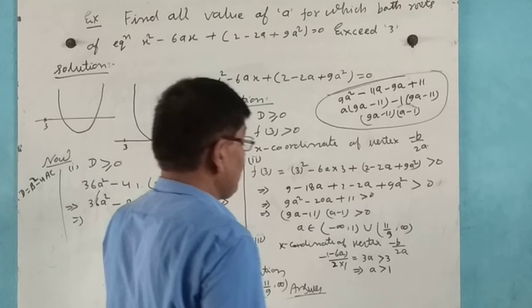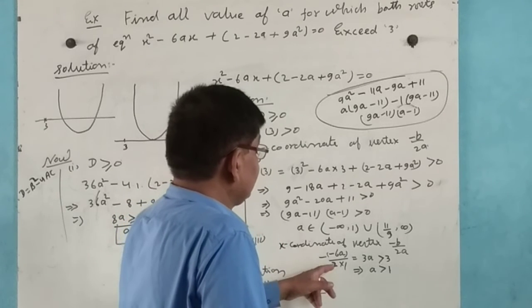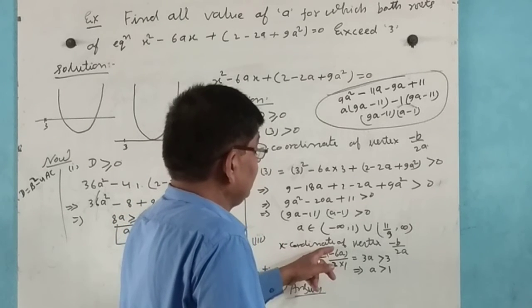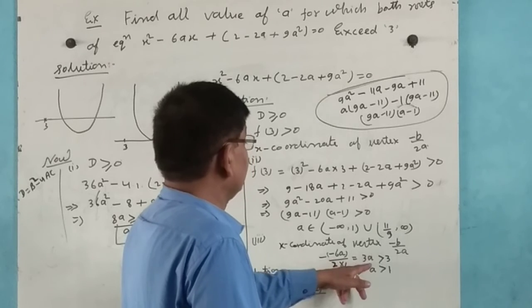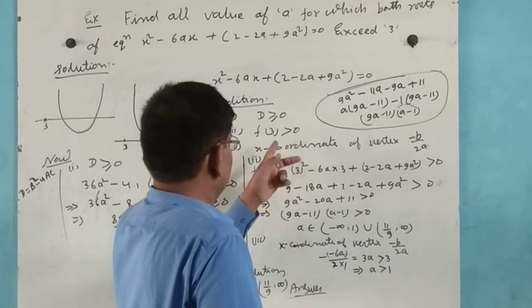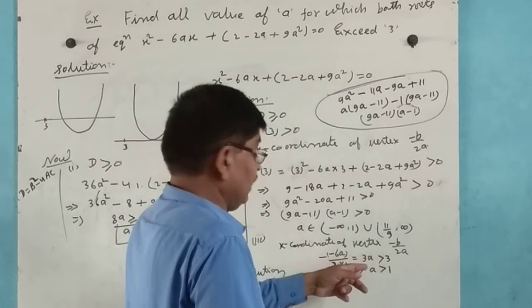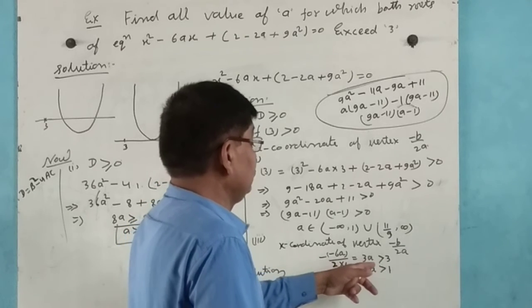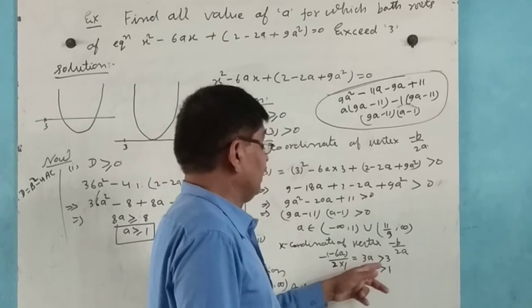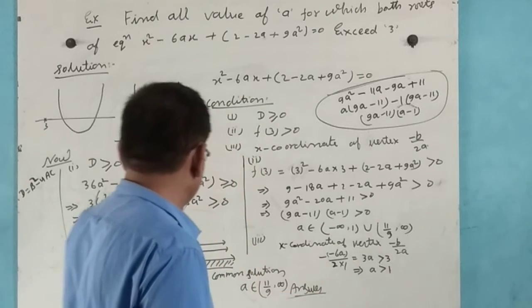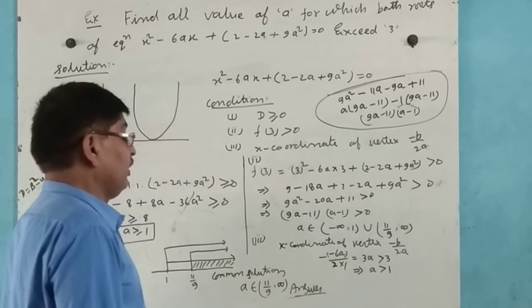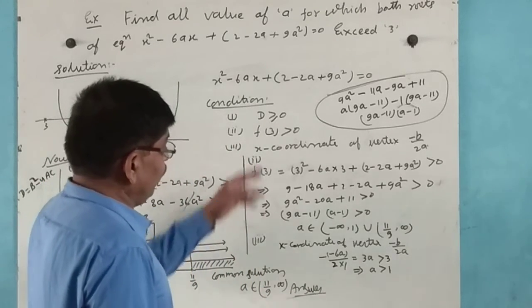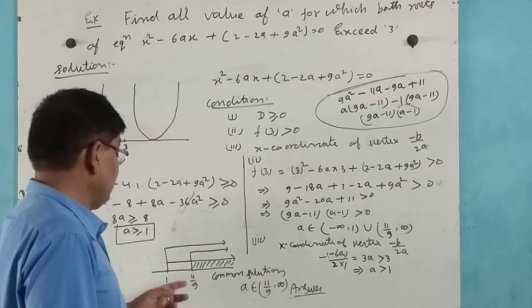Now it means that this is positive, 3a is greater than b, so that on dividing by 3 we get a greater than 1. Now we plot these three conditions on this line here,